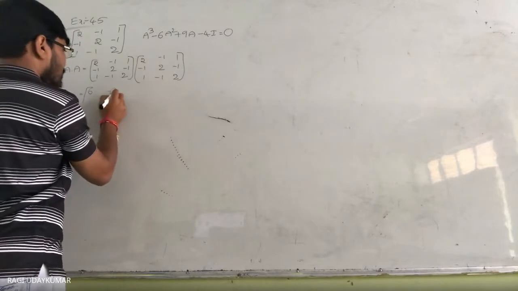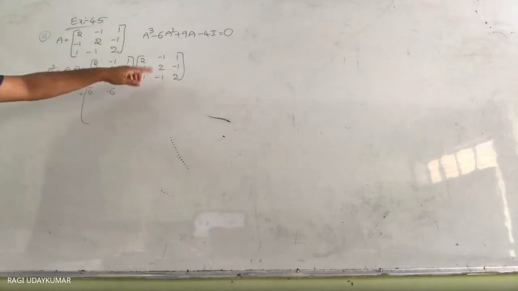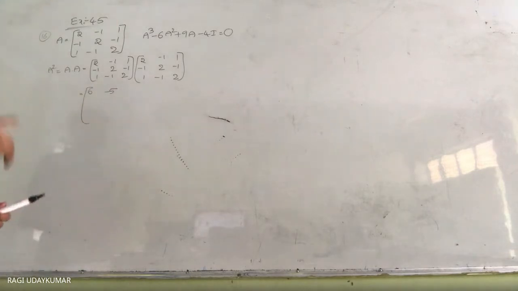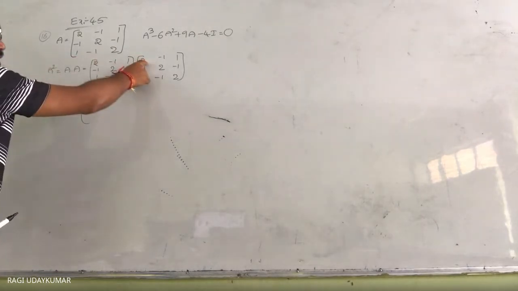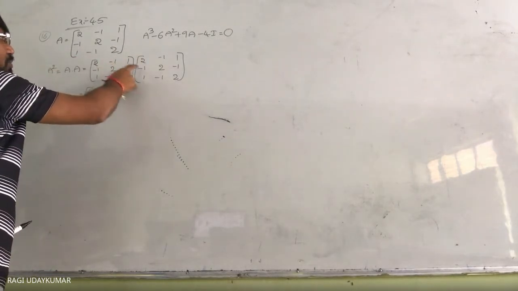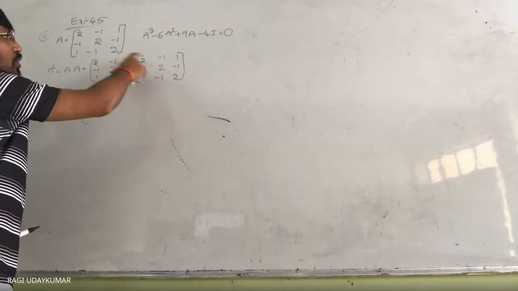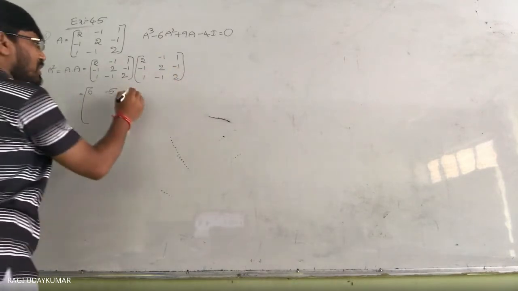So minus 6 minus 2 minus 2 minus 4, minus 5. Be careful, that's right. 4 5 6 here, minus 2 minus 2 minus 4 plus 1. Here also what will happen? 2 to the 4, right. 4 plus 1, 6. Next, plus 2 plus 1, 3 plus 2. So plus 5 here.